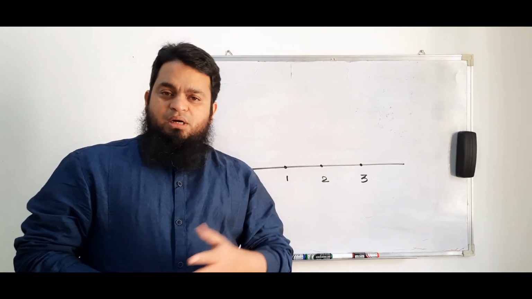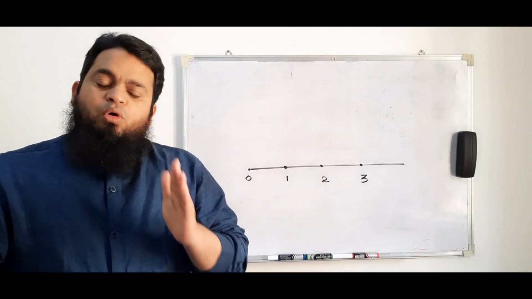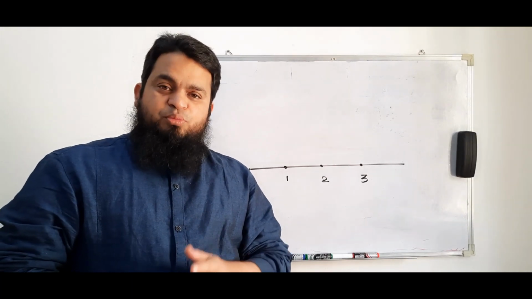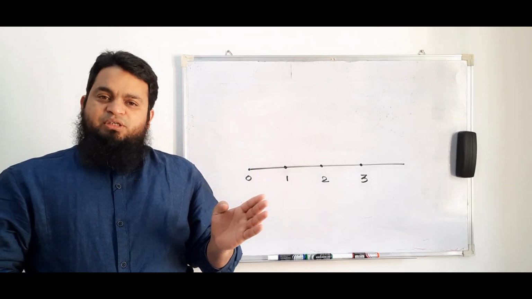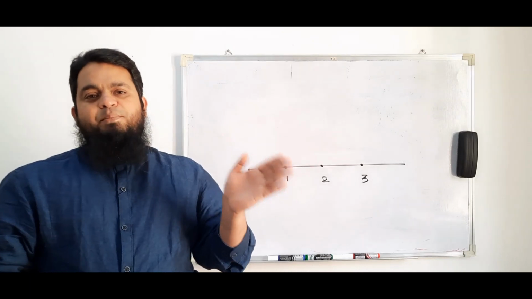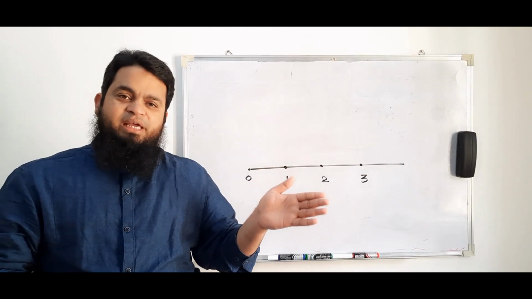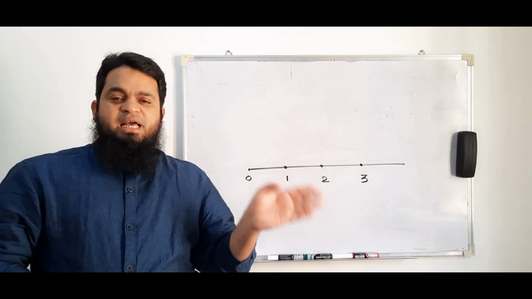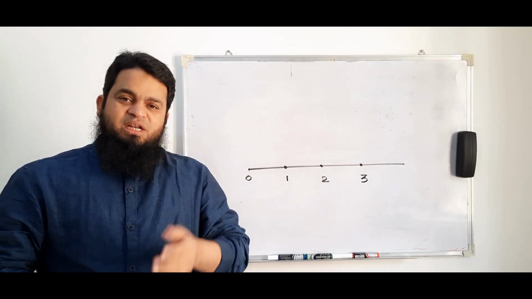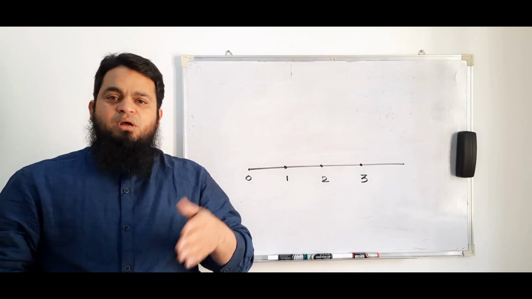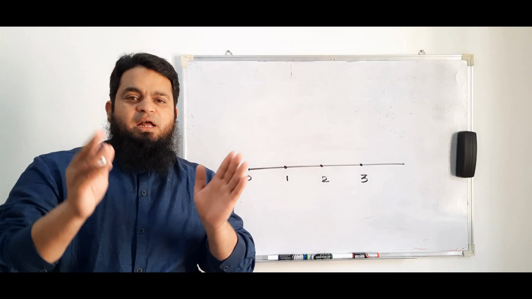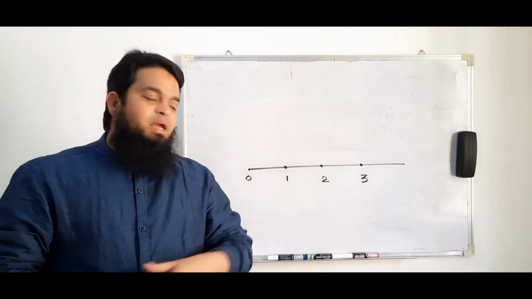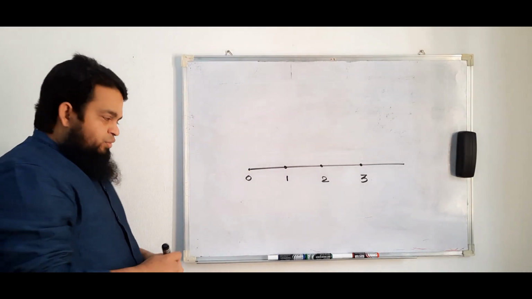Let me tell you, please tell me, what is the approximate value of root 5? Where does it lie? See, you know 4 is a perfect square. The square root of 4 is 2. In the same way, the next perfect square is 9. So what is the square root of 9? So it is 3. So 5 is in between 4 and 9. Therefore, the value will be between 2 and 3. Okay. So now I have taken the number line.